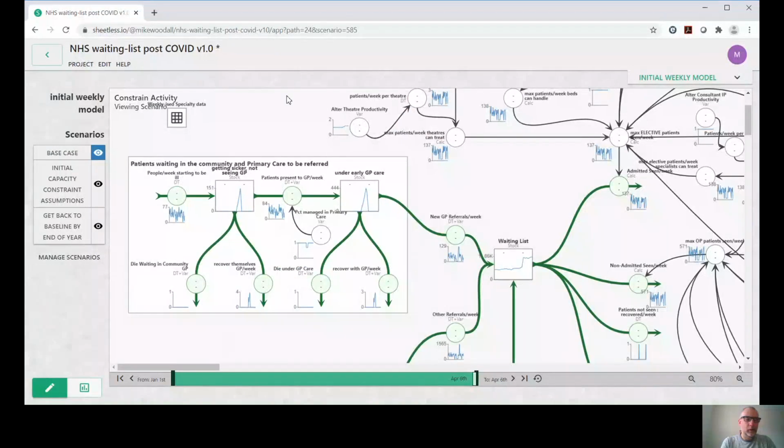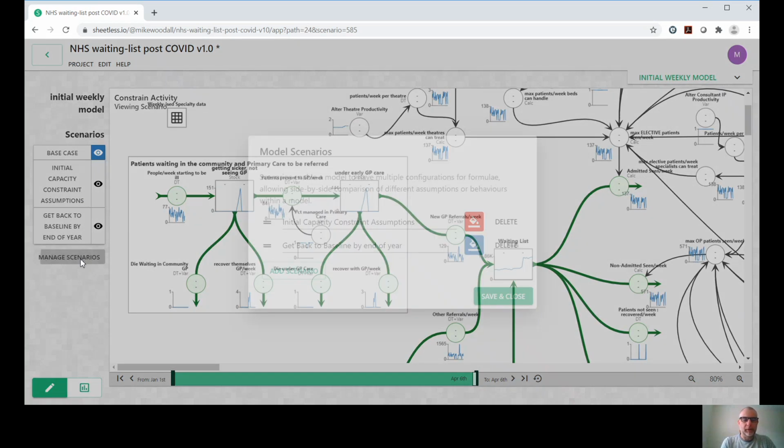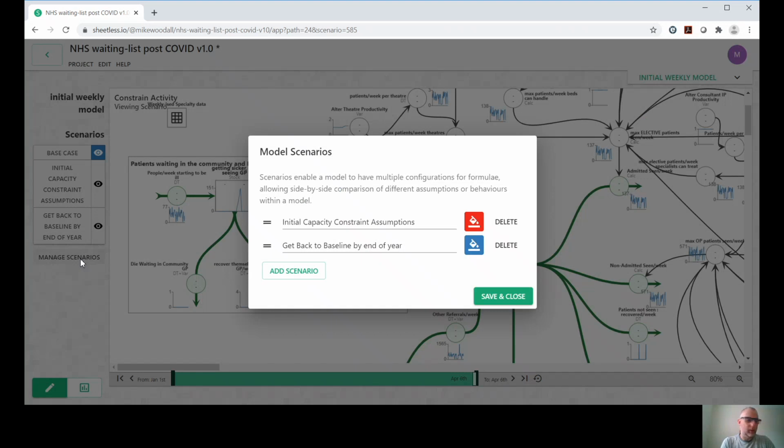I'm now going to create a new scenario in the model. So I'll just open up the model and then I'll create a new scenario to show you how to do this. On the left-hand side of your screen, you should be able to see manage scenarios underneath the current scenario. So if you click on that, and then if you click on add scenario,